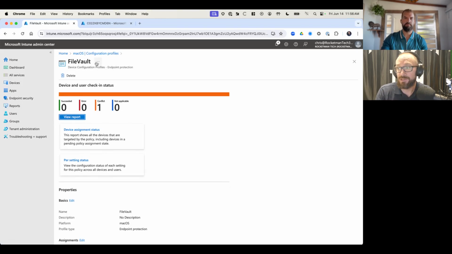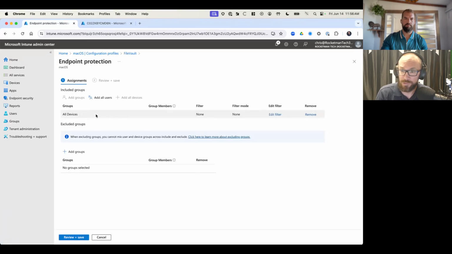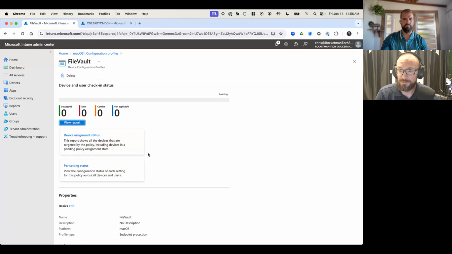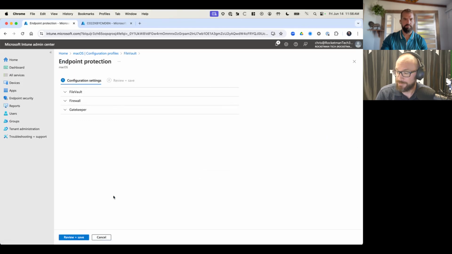And here, as you see, we have the same kind of conflict, so we can go down and just see the assignments first. And there we have all devices, which is what I would expect for a disk encryption setting. That's the only thing I tend to do on a device level, both for BitLocker for Windows and FileVault for Mac, so it's nothing odd there. So if we go to configuration profiles and that firewall policy, and we go down and look at the configuration settings,